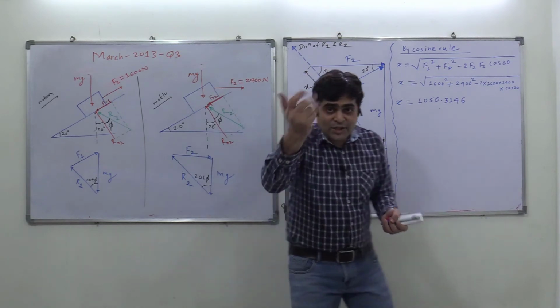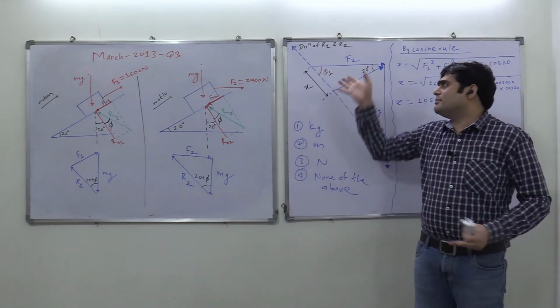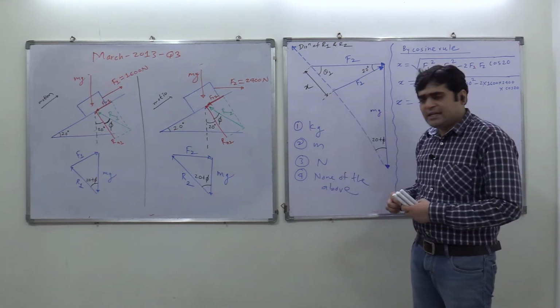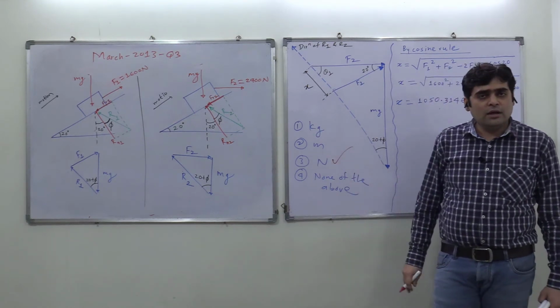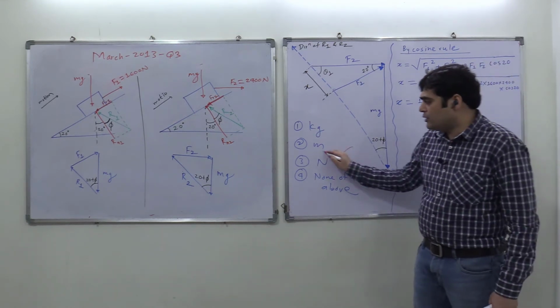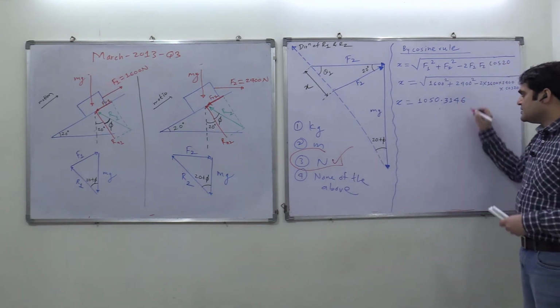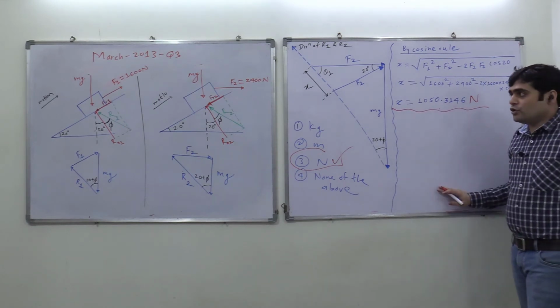Yes, correct, guys, good. This is a force vector diagram. So any component of this diagram must be in Newton. Though it looks like a distance, it is not in meters. So what is the correct option, guys? Option number 3, Newton. Are you getting my point? Why Newton? Because this is a force vector diagram. So this x must be in Newton.